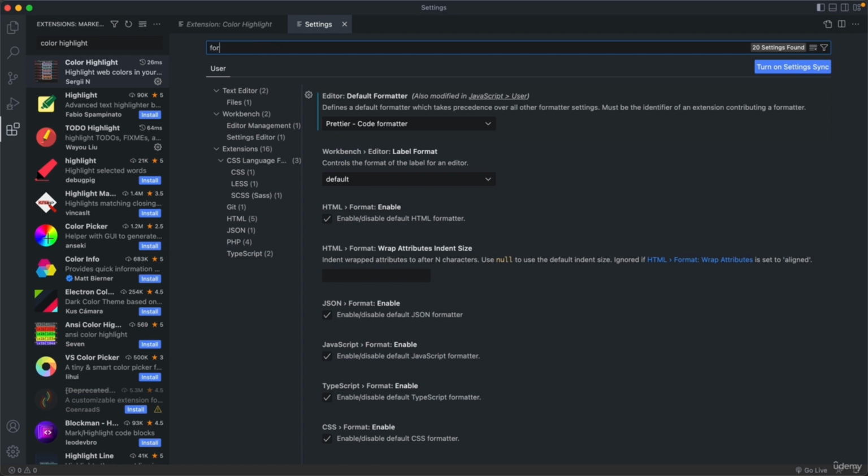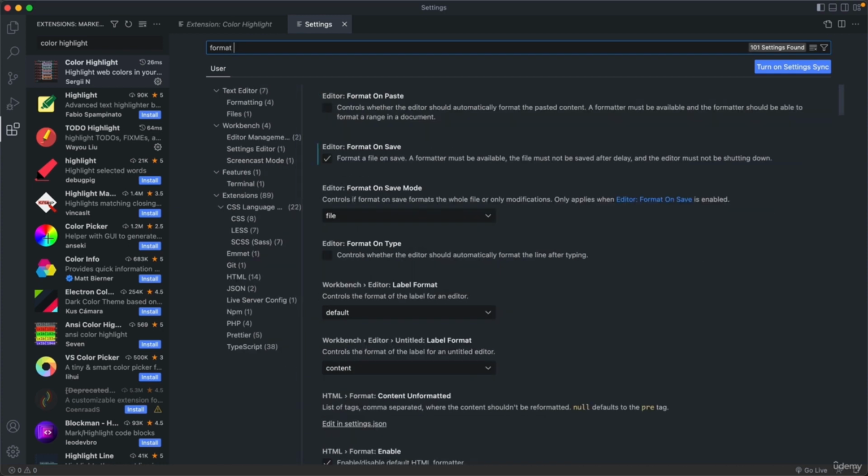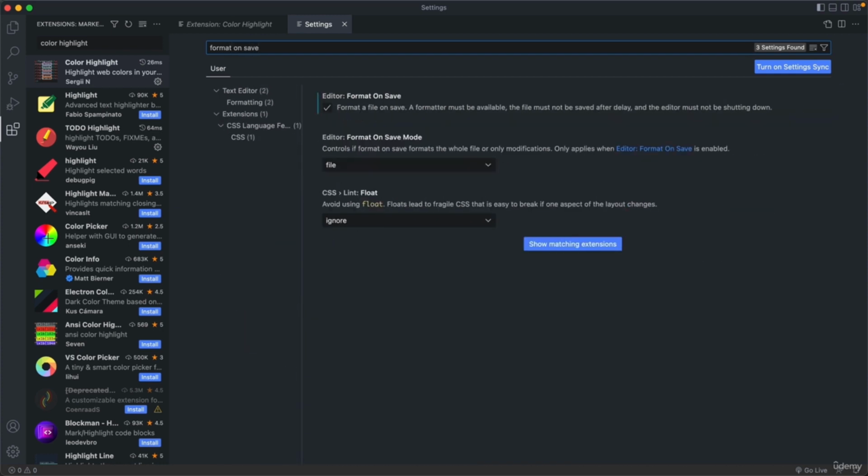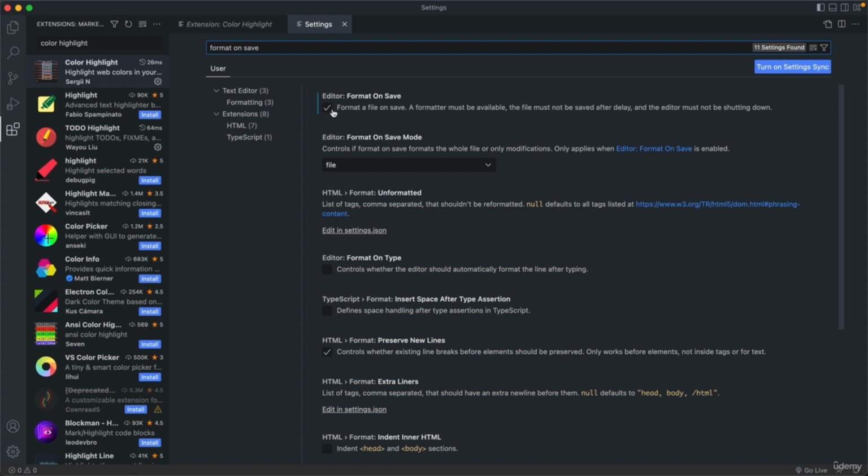And we also need format on save. So make sure to toggle this one here. So to turn it on, basically. So this one is also important so that each time you save your code, it will then automatically be formatted. So very important once again, so that your code always looks the same way as the code that I'm writing